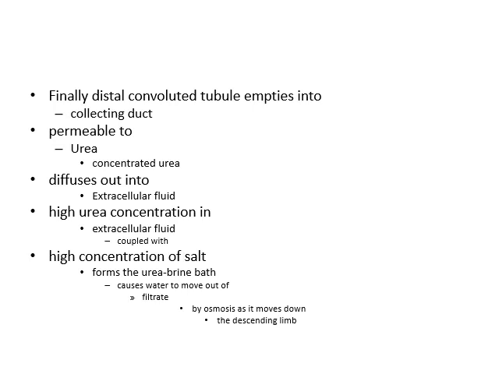So if urea is less or salt is less in the extracellular fluid, then water will not move outside and water will move into the urine. It means if you take more salts, then your blood will have more water, and that maintains the blood pressure. Even if you diminish your salt intake, then your blood pressure will become low as your blood will not retain more water. By osmosis, as it moves down the descending limb, the water will move out.